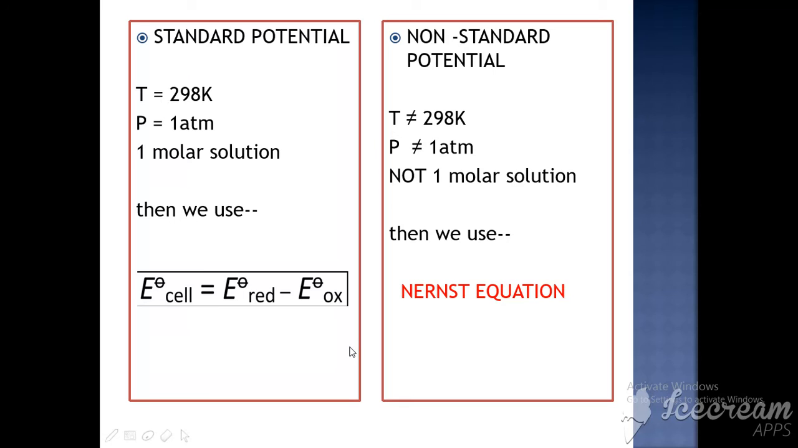But what if the conditions are non-standard, meaning temperature is not 298, pressure is not 1 atm, or the molar concentration is not 1 molar? Then we will be using the Nernst equation, which we will be discussing in our next lecture. Friends, the Nernst equation is the most important topic of this chapter, because in previous years of JEE and boards, one question is confirmed from the Nernst equation, and for JEE